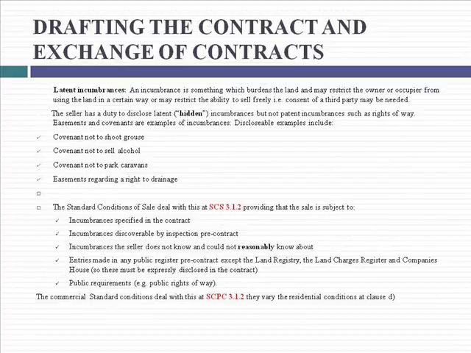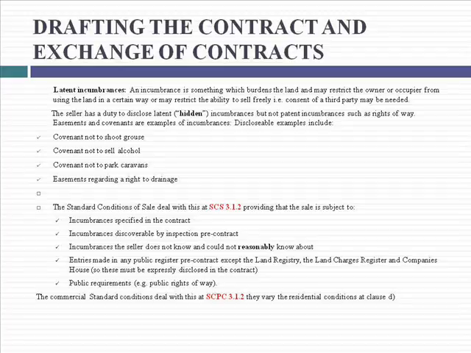Latent encumbrances. An encumbrance is something which burdens the land and may restrict the owner or occupier from using the land in a certain way, or may restrict the ability to sell freely, i.e. consent of a third party may be needed. The seller has a duty to disclose latent hidden encumbrances, but not patent encumbrances such as rights of way. Easements and covenants are examples of encumbrances. Disclosable examples include covenant not to shoot grouse, covenant not to sell alcohol, covenant not to park caravans, easements regarding